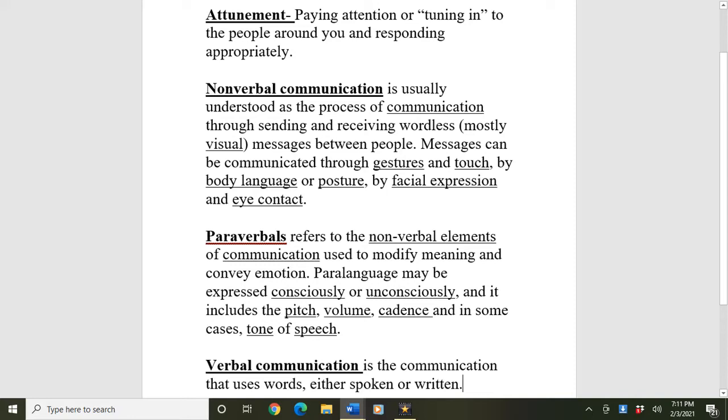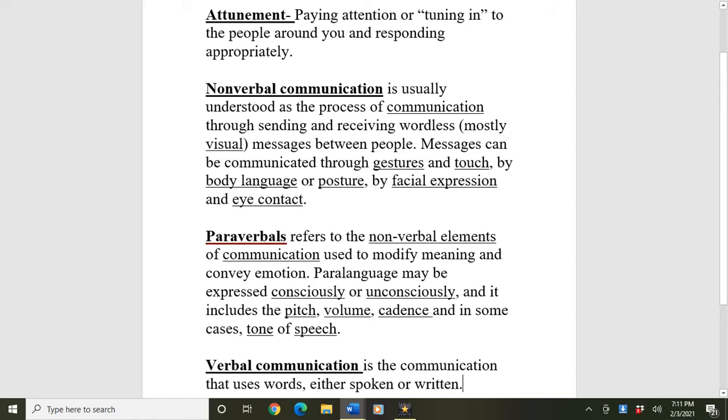And the truth of the matter is, if you want to know how to react in a social situation, in a workplace situation, you have to pay attention to what's going on with those people. And so we want to tune in to those people or pay attention to them in an effort to understand them better.